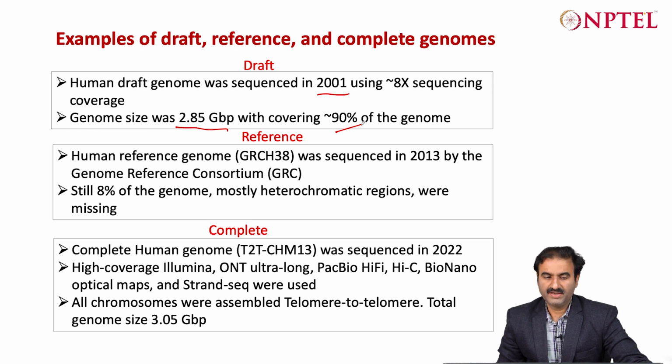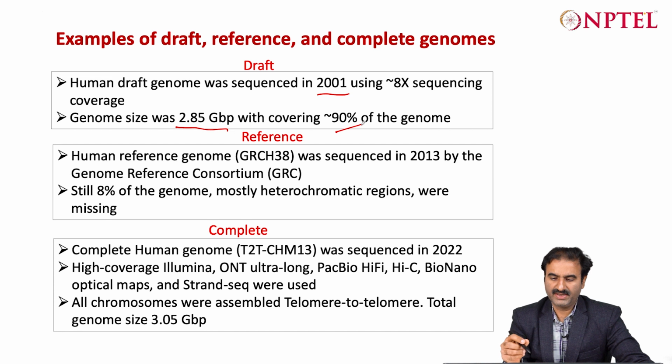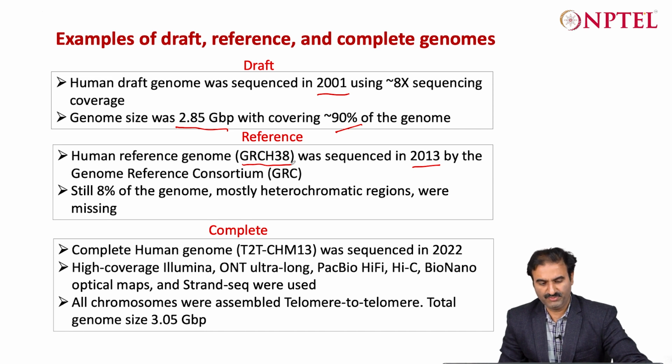Recently, in 2013, the GRCh38 assembly was issued for human. That was almost complete, but still a large percent of the genome in heterochromatin had gaps, which could not be filled up; those were missing. That was of very good quality and sufficient for analysis, but still the desire is to complete the